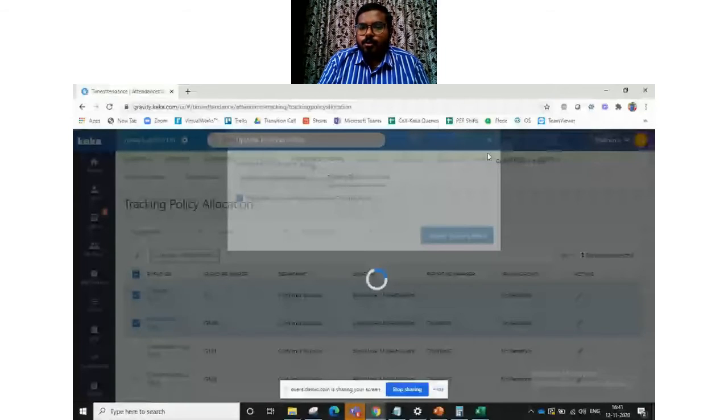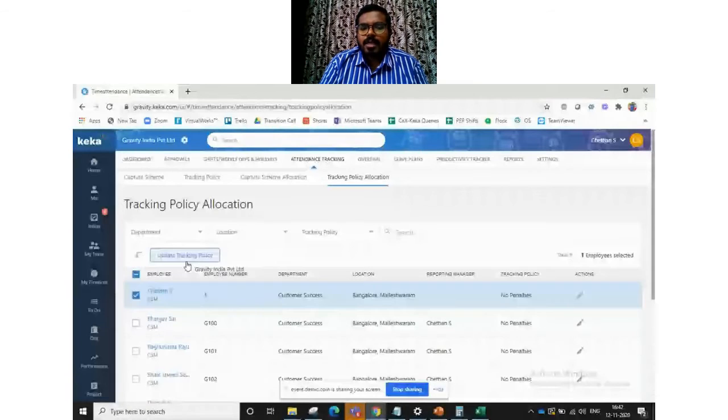So let's say Chetan has a tracking policy of no penalties. Let's say Chetan has got a promotion and he is in a management level now, and you don't want to assign him any tracking policy.